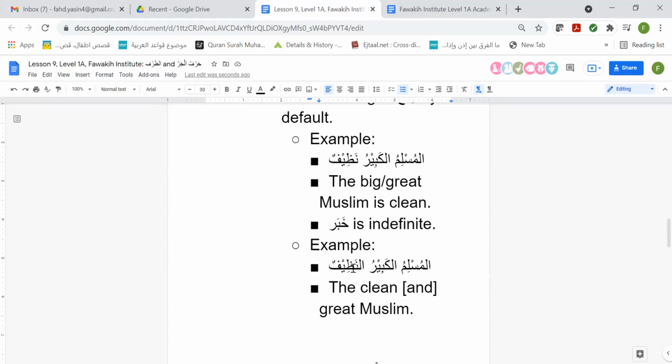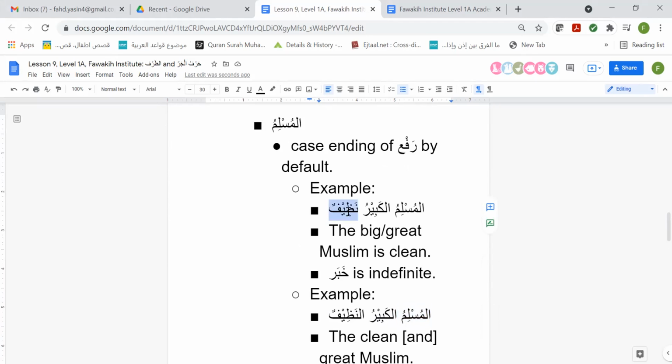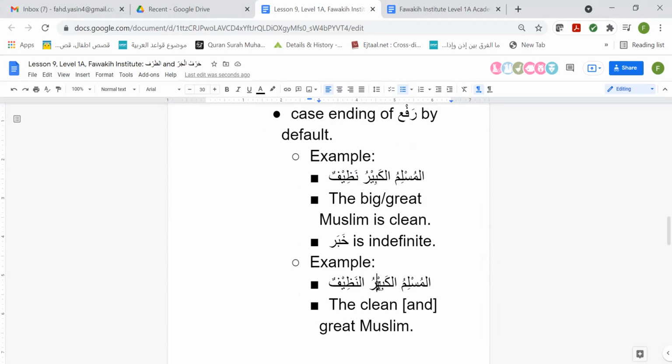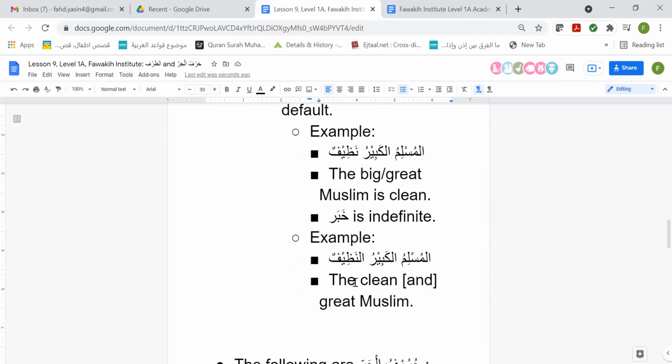Why? Because Nadhif now agrees in definiteness, gender, case ending, and number with Muslim. Here it did not. Here it's only indefinite because there's no alif lam. That's why this is the khabar. That's why we say "is," right? It becomes a nominal sentence. Here, both of the words have alif lam, just like this word has alif lam. Therefore, it's going to be an adjective. Now, that being said, can someone tell me, if I just said al-muslimu al-kabiru al-nadhifu, the clean and great Muslim,